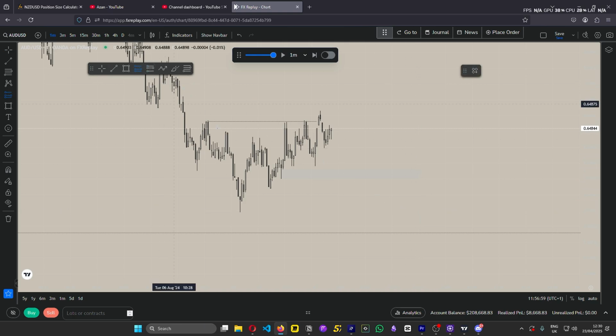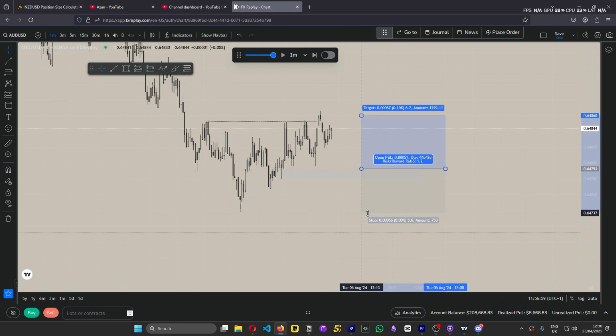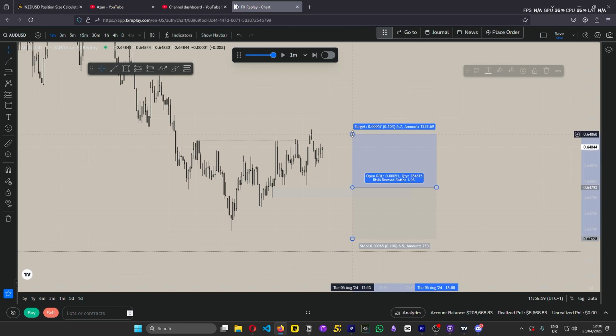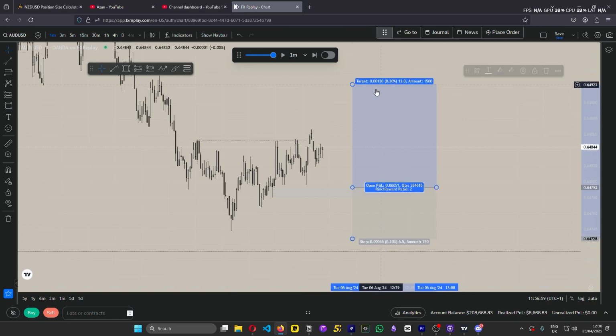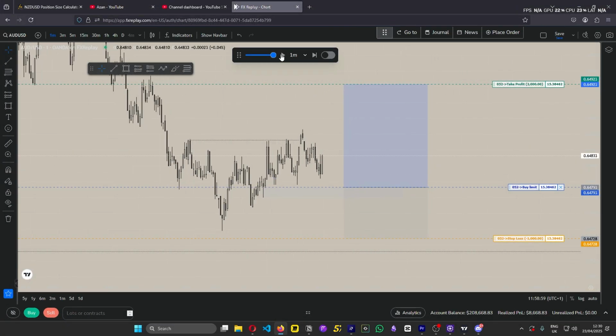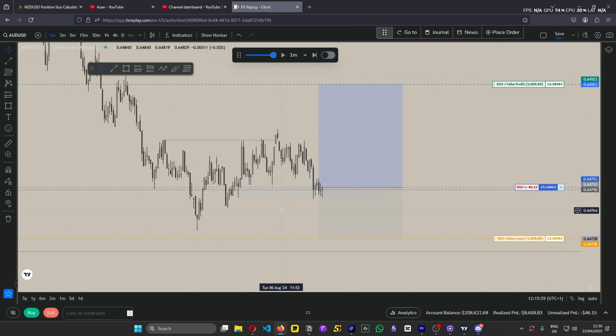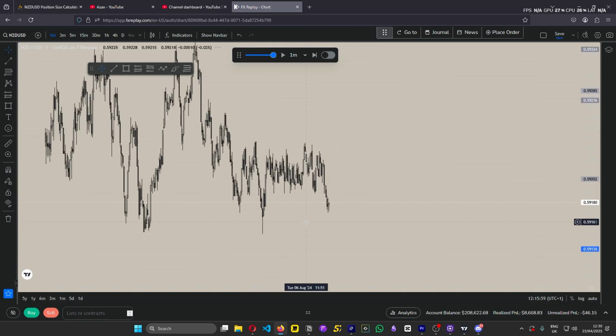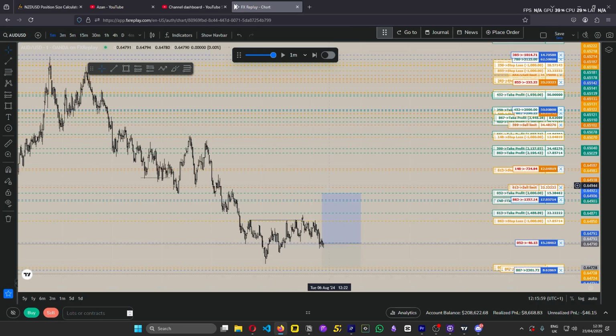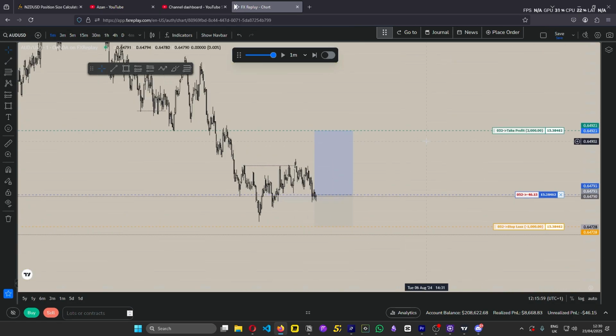You know what? We're just going to target 2R because this is a high probability setup. Definitely a high probability setup. I'm going to target a 2R. This one has inducement right there. And I'm going to target 1-to-2, even though it's not internal structure. Wait. Alright, so we get mitigation. What's NZD doing? Okay, I don't know what that is doing. We're just going to focus on what we're trading.